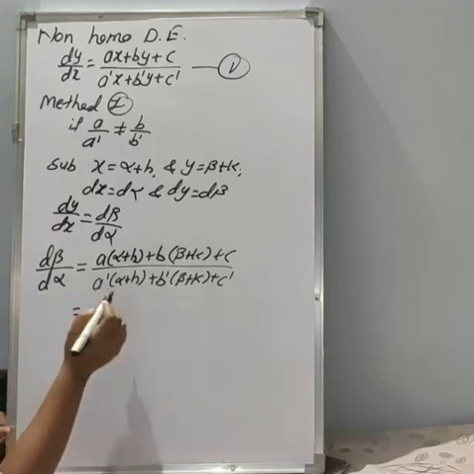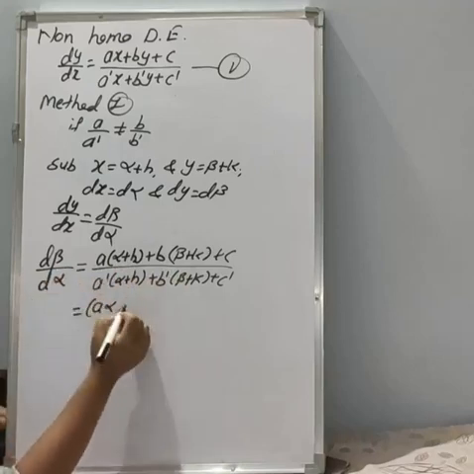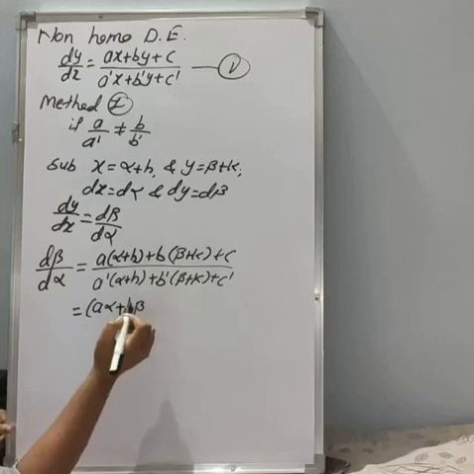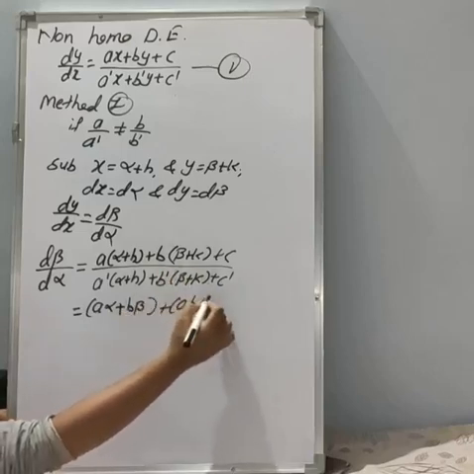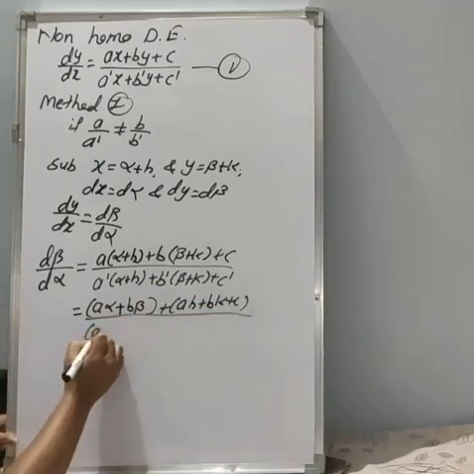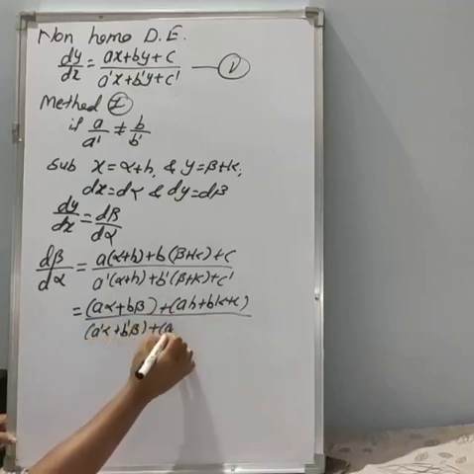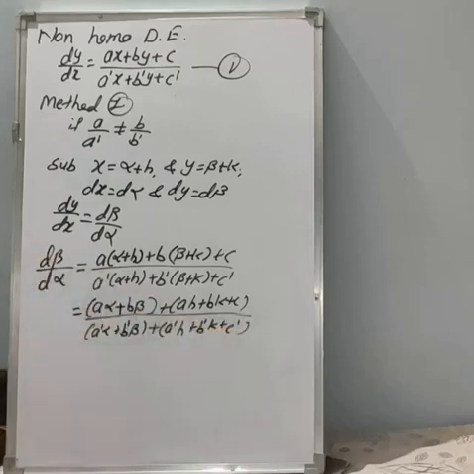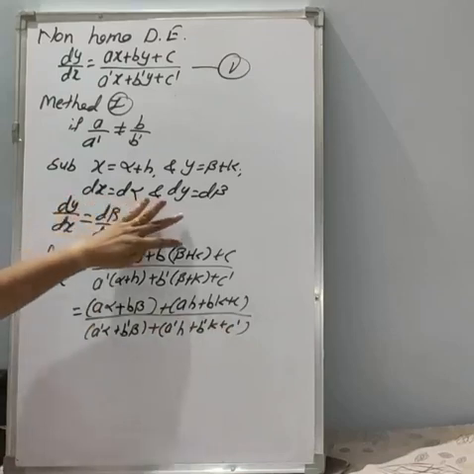If you solve this, you will get a alpha, multiply a inside, multiply b inside and combine the terms. Okay, so a alpha plus b beta plus ah plus bk plus c divided by a dash alpha plus b dash beta plus a dash h plus b dash k plus c dash. Okay, see here, if you multiply a inside, you will get a alpha plus h, here plus b beta plus bk.